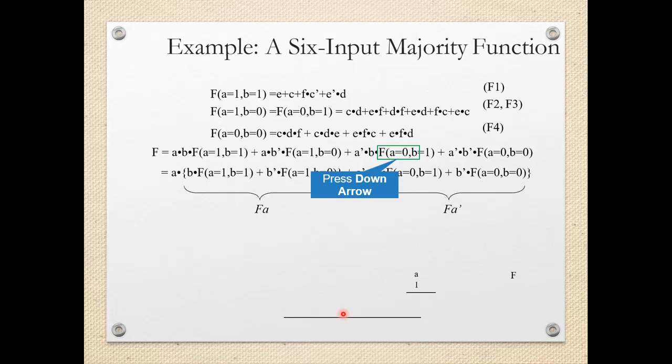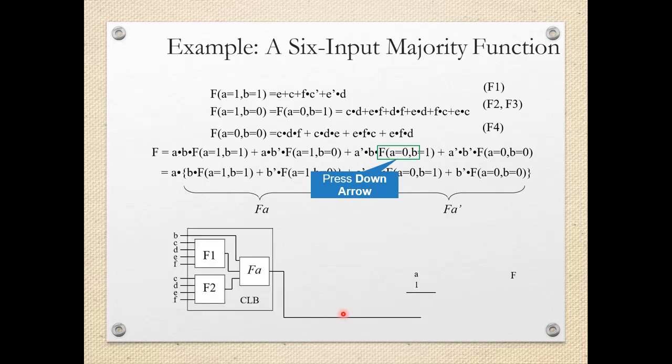So we have the variables A, B, C, D, E, F. So AB is taken outside, and then C, D, E, F that we can apply to the LUTs which can accept the 4 inputs. And for this AB, we have the different combinations like A is 1, B is 1, A1, B0, A0, B1, A0, B0. So these 4 possibilities are applied, and accordingly the expression is formed. And now we'll see how we can implement.